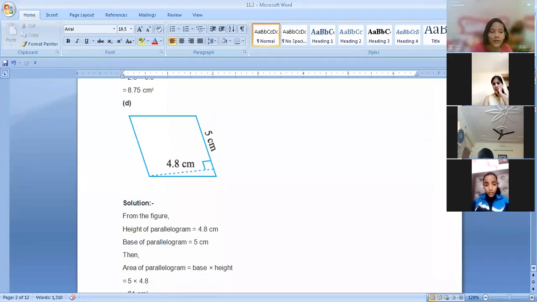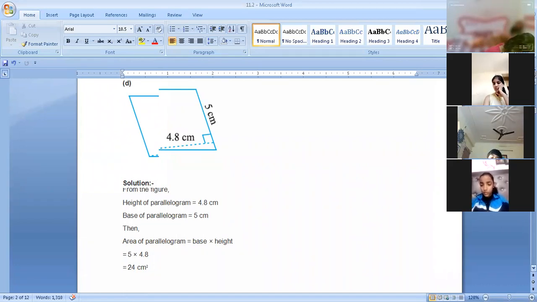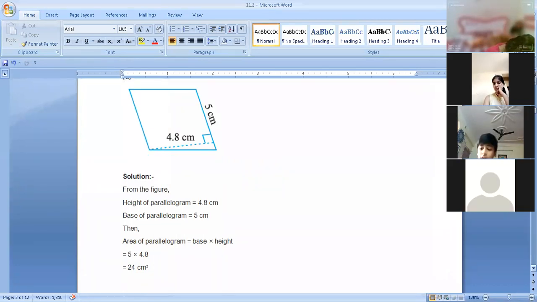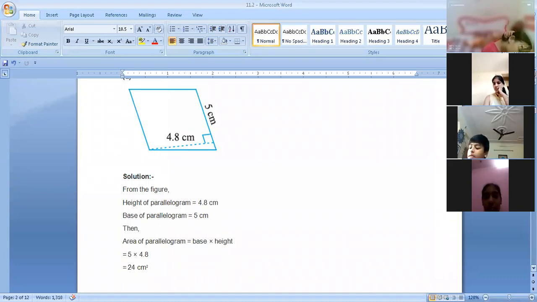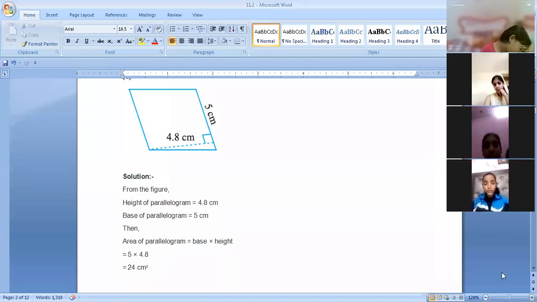Avika, Ananya, right answer. That's correct. 24 centimeter square is the right answer. Anupriya, not 2.4, it should be 24. From the right hand side, you have to start putting the decimal, Anupriya. Yes, Rajal, your answer is right. 24.0, it should not be 2.40. Yes, Gia, right. Lakshya Chandra, Arav Sharma, Ruzab, Naitik Arora, check your camera.